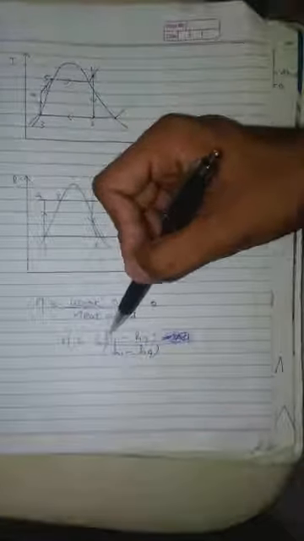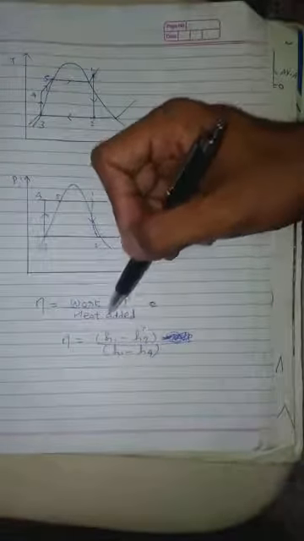Okay, so I hope now you understood the basic Rankine cycle, its working, the processes occurring in it, and its PV and TS diagram. In the upcoming videos we will see the variations in Rankine cycle and its effect on efficiency. So the efficiency of the ideal Rankine cycle is work output upon heat added. So work output will be H1 minus H2, and heat added will be H1 minus H4.